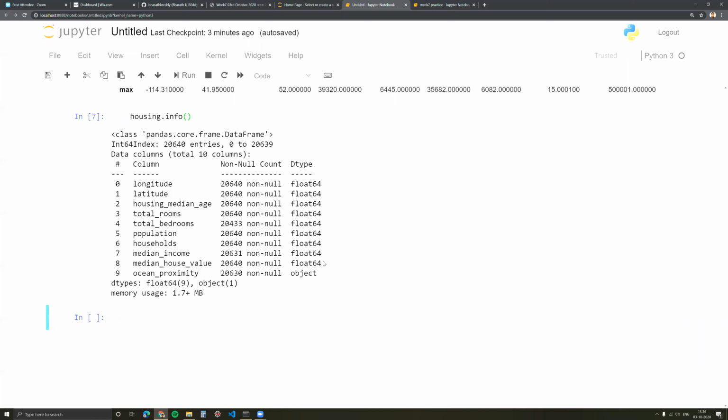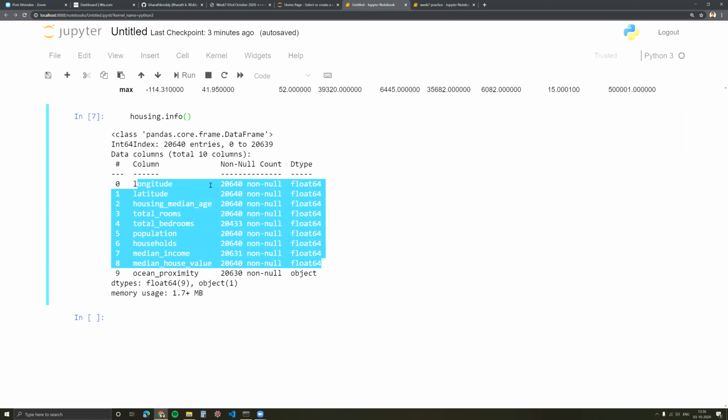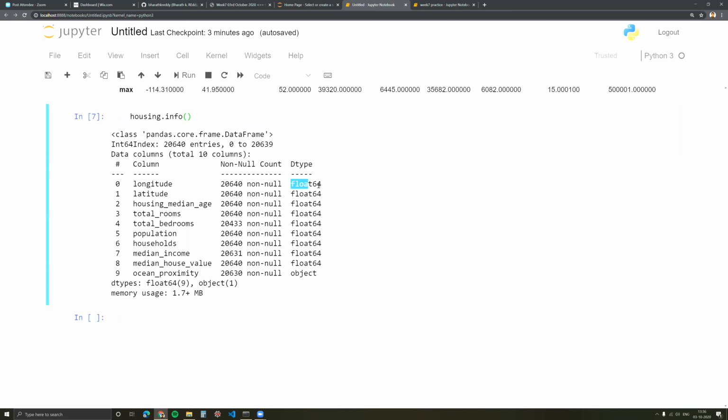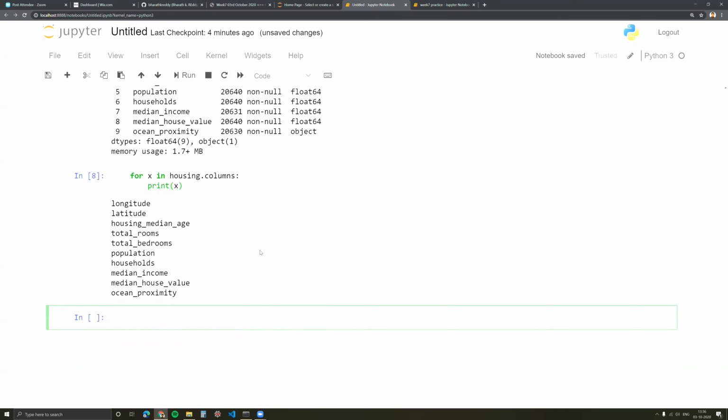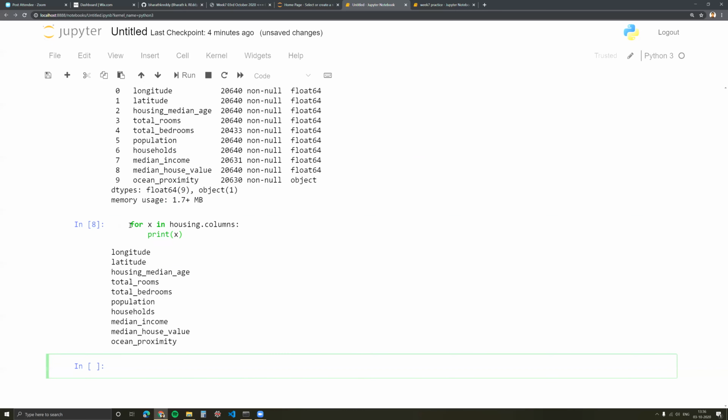Visually, we can see it by just checking the dtype. Let's see if we can exploit that to segregate these. So I'm just going to write a simple for loop for any x in housing dot columns. Let's see what it prints.